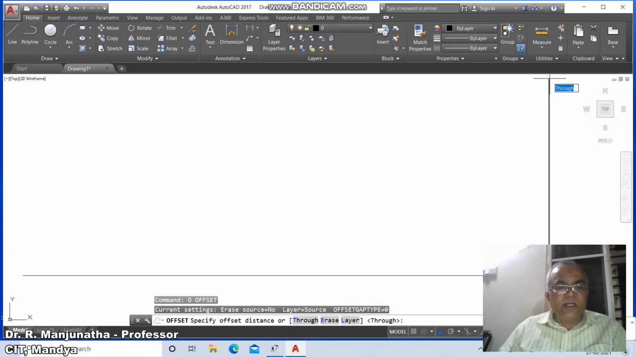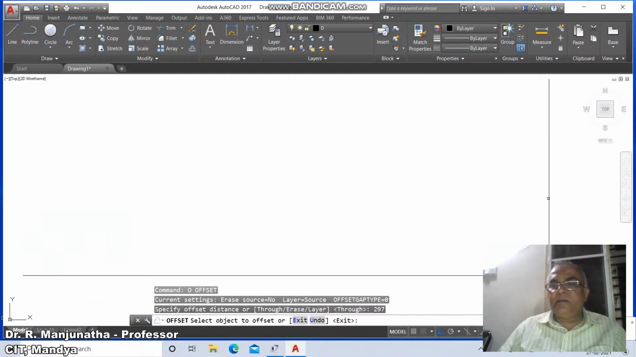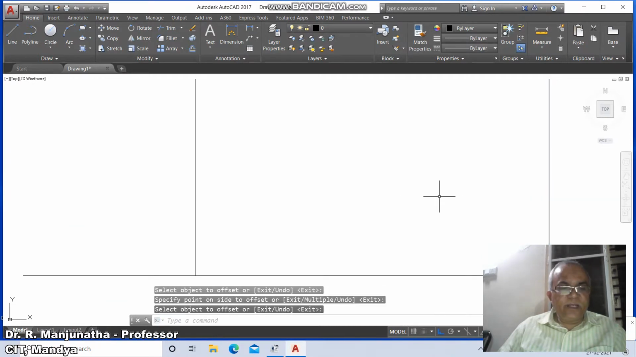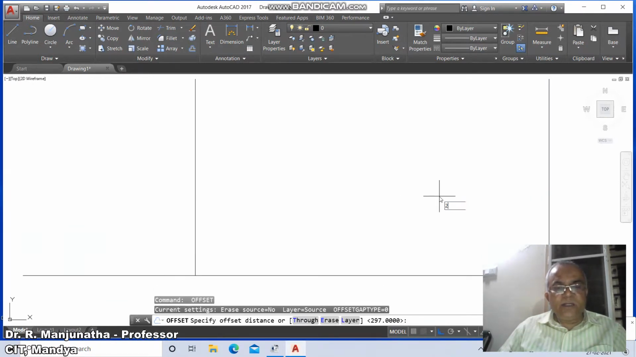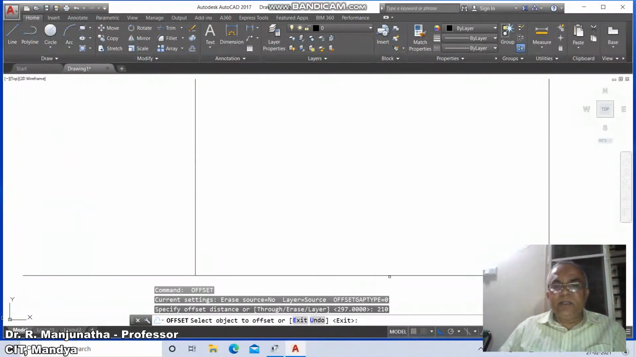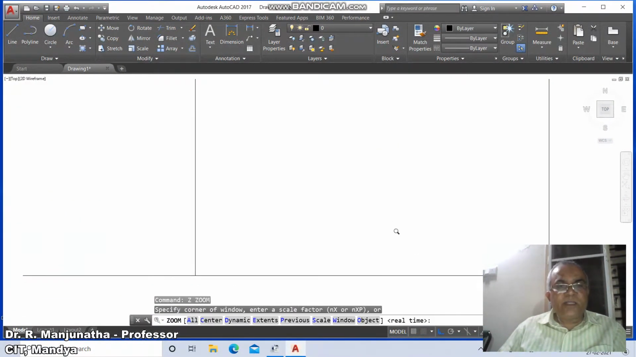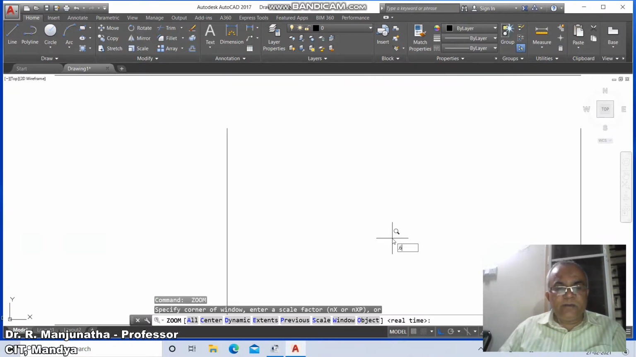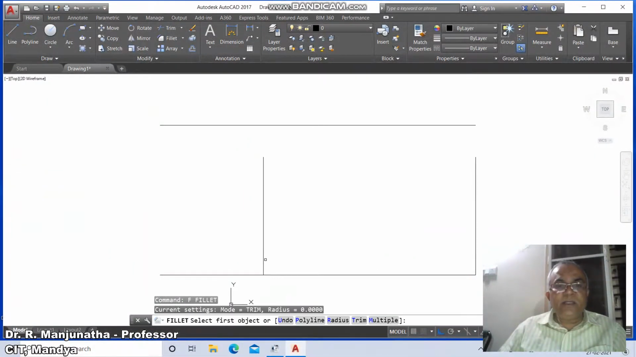Then go to offset, take the distance as 297, select this vertical line and offset to the left side, and then go to offset, take the offset distance as 210, select the horizontal line and offset to the top side, then go to zoom extents and zoom 0.6x, then go to fillet between this vertical line and this horizontal